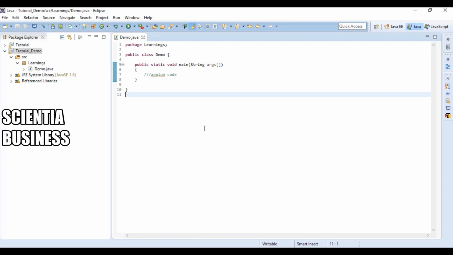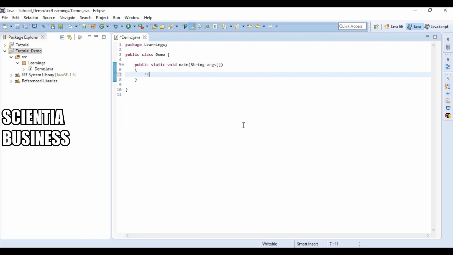So now whatever code you write here, Eclipse will interpret it clearly, understand it, and once you have written all the code, that code would be run against the mobile device you aim to run against, and that's it, guys. This is how we configure all the Java clients with Eclipse.